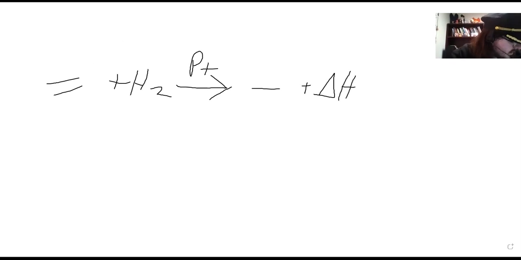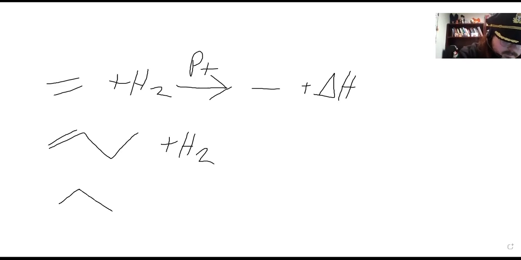By looking at the heat we get as a product, we can see how much energy was released. What we see here is if we look at, say, a terminal alkene versus an internal alkene,